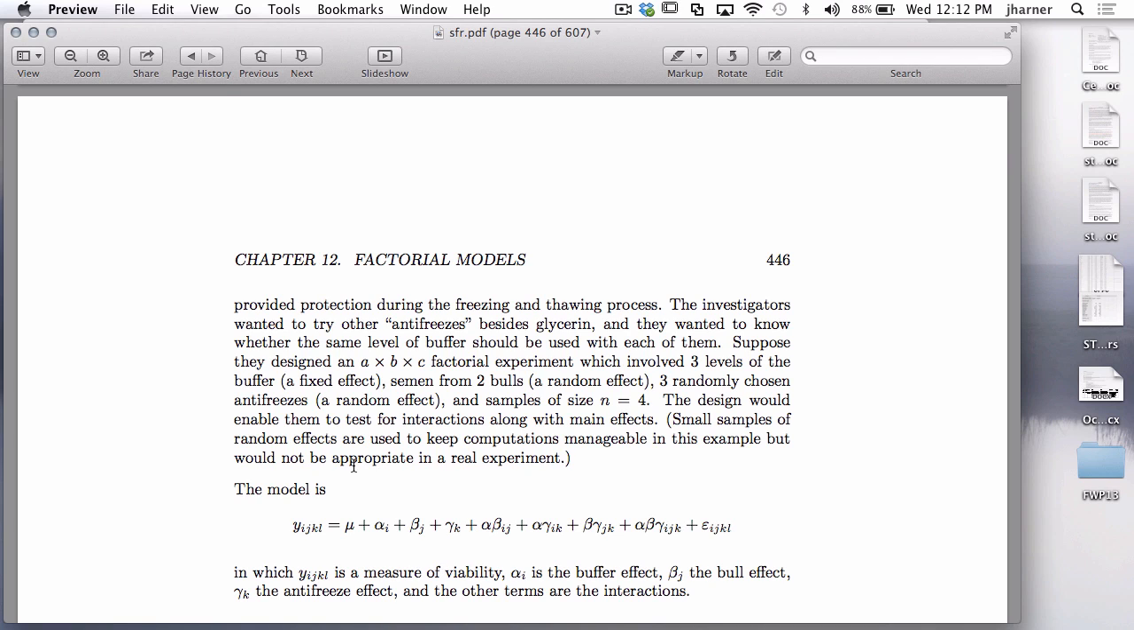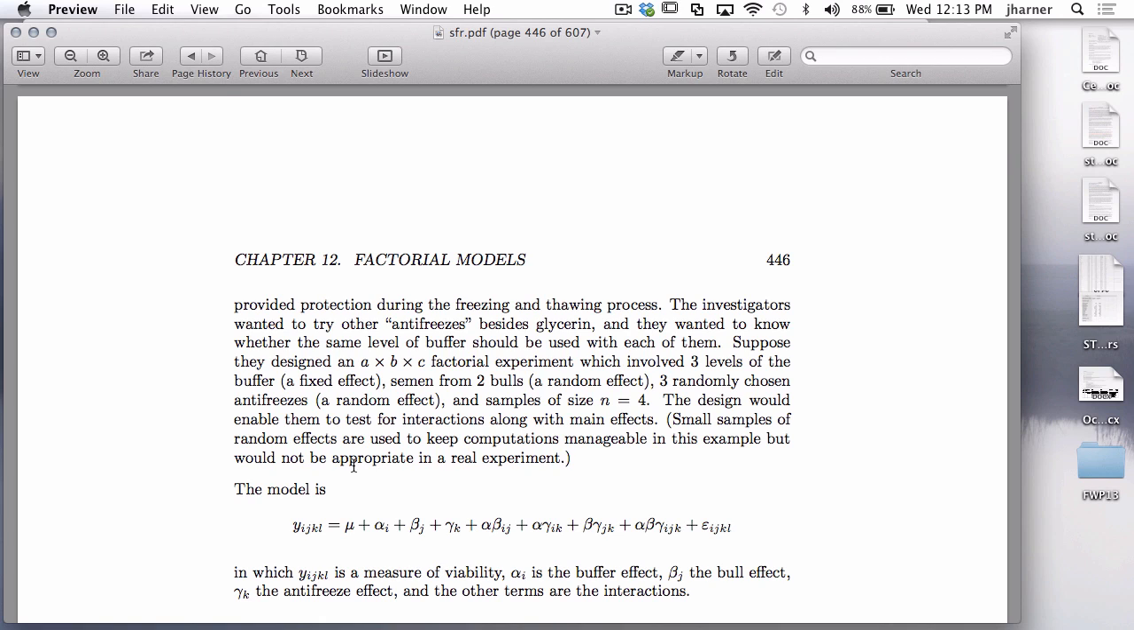And in fact, the error term in all cases will be bull. If we have fixed effects for A and B, if A and B are both fixed, then we use the bull effect to test everything. Now we could look at bull-to-bull variability in that case by subsampling,